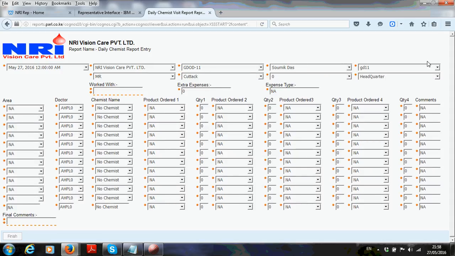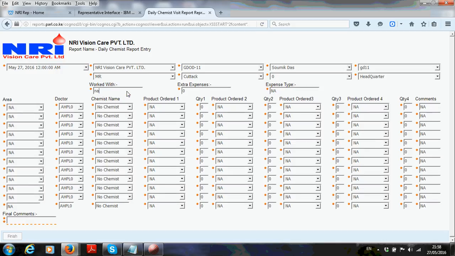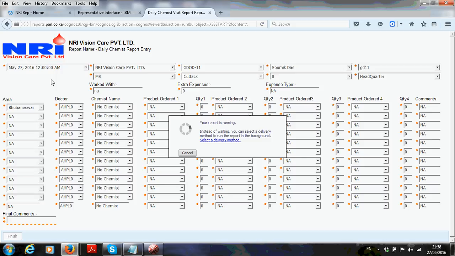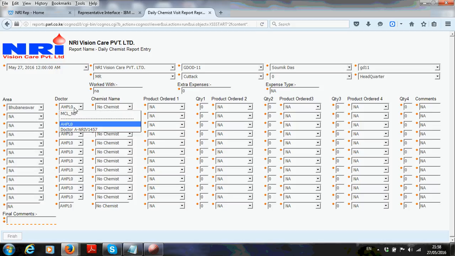You get the fields that have been populated by default, because initially for May 27th you selected Cuttack, so all the fields have been populated. You can type in the details. You can type in maybe you have worked in Bhubaneswar. You can pick the doctor. Now for instance Dr. A.